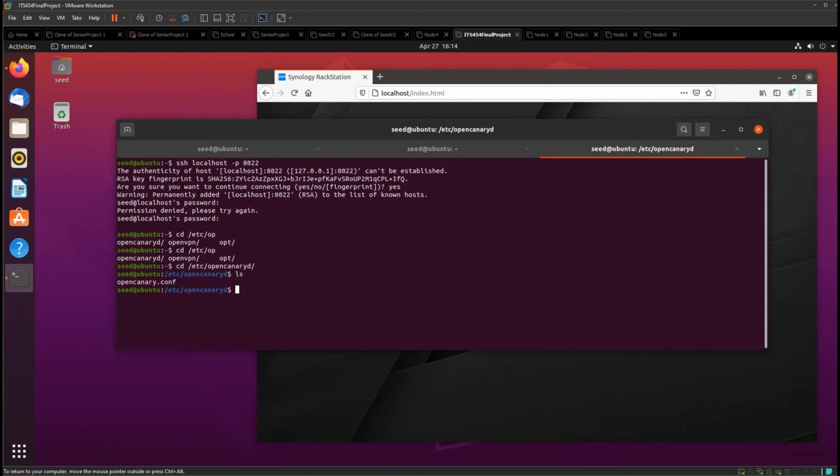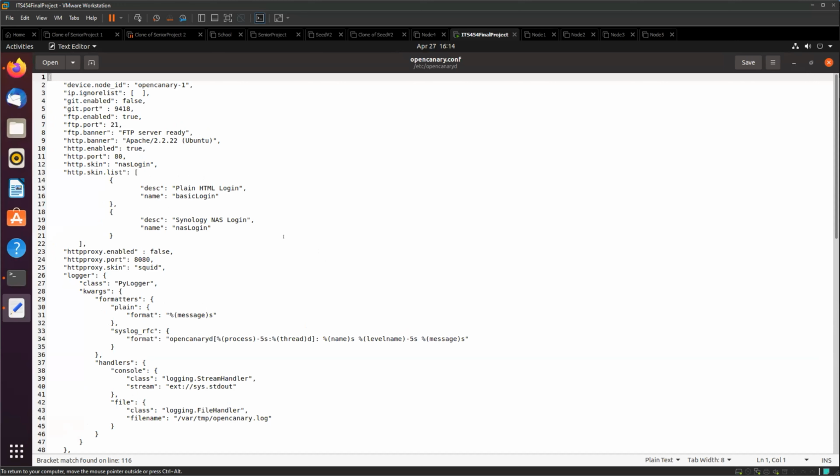Now, maybe I missed it because you guys did go fast. The SSH part, was that also something you set up, but it's a honeypot SSH service? Is that what it was? Correct. And here's the config file for it. This is the actual configuration file that we set up, and we can see that there are a lot of different types of services you can use. They have Git right here, but we have it set to false. Currently, we have FTP enabled, so it'll log for FTP traffic. We have HTTP enabled, and then we also have